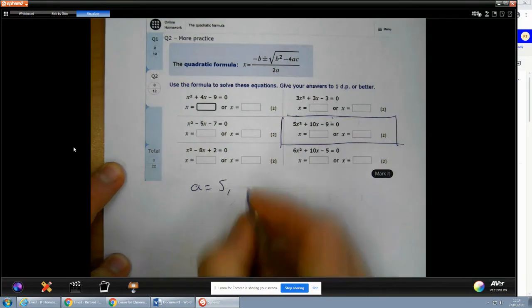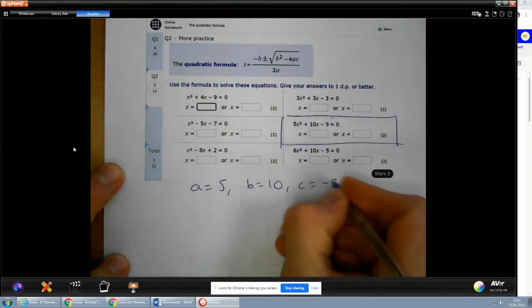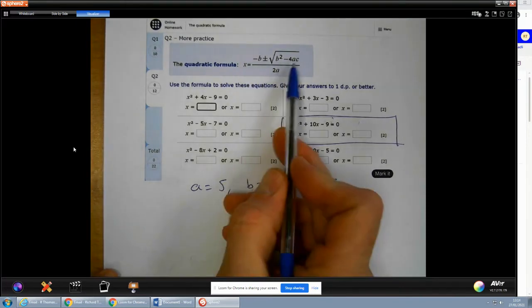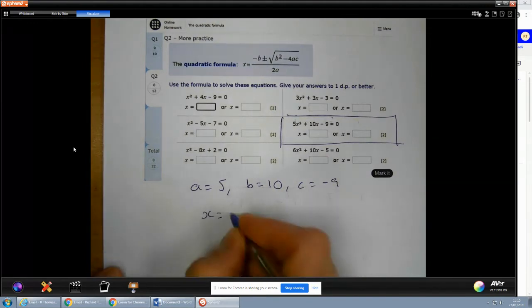So A is 5, B equals 10, and C equals minus 9. So rewrite out the quadratic formula. But for every B, put a 10. For every A, put a 5. For every C, put a minus 9. So x equals minus 10, and